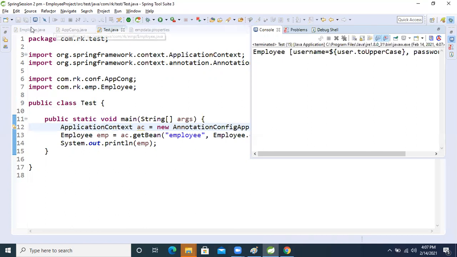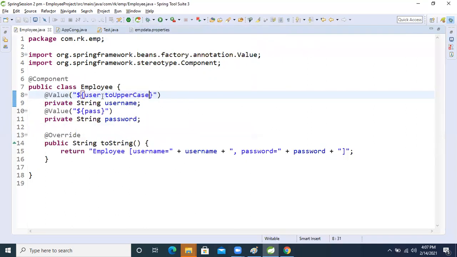No, not applying. Okay, I will show that. Those things also I will show. Don't worry about that. So user, I will show that. Okay, so this is only expression, right? EL means Spring Expression Language. That much only. Not what people are saying, that Spring Expression is too difficult. So now, one more.